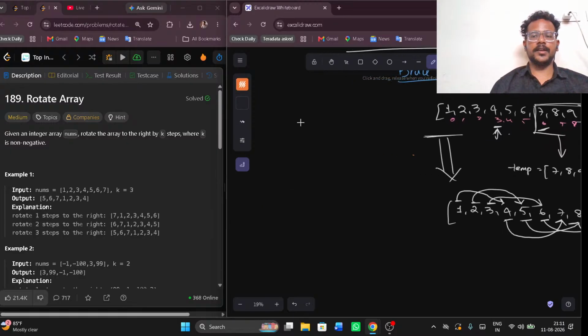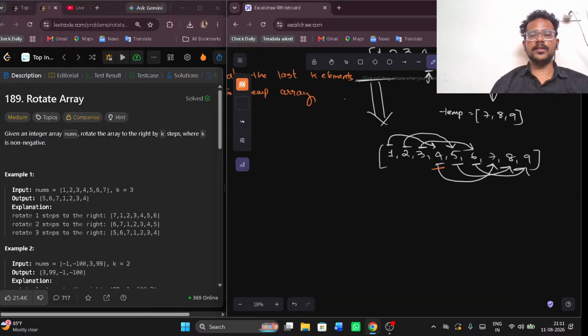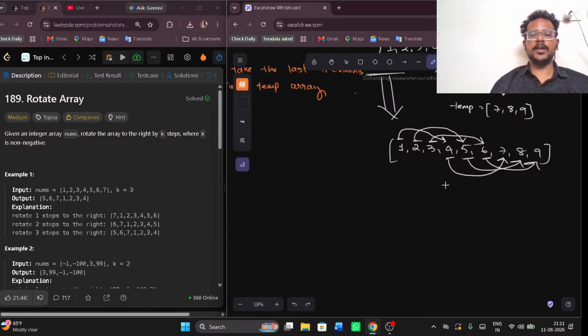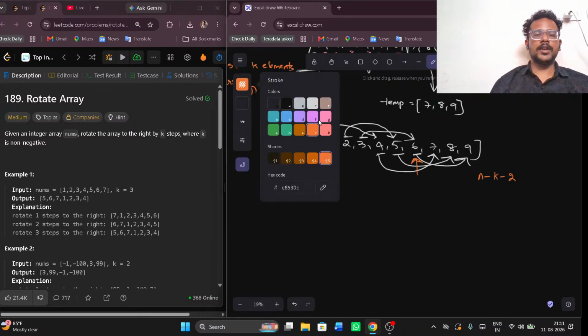Here, what I just did, take the last k elements into temp array, right? Now I have 1, 2, 3, 4, 5, 6, and all that stuff. So here, this is k, right? So let me tell you, this is n minus k minus 2, if I'm not wrong. Let me tell you, that would be